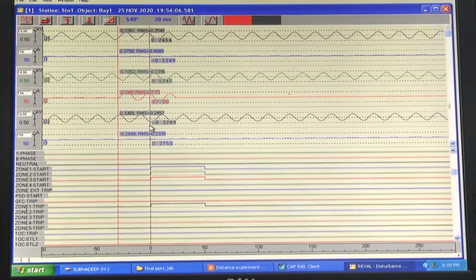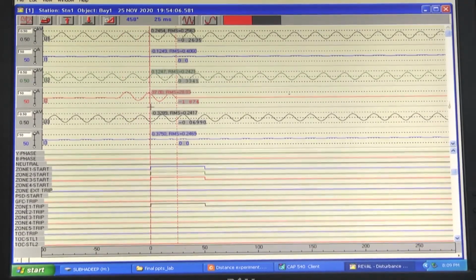So, in 30 millisecond the relay trips. This is a 50 hertz system, so this trip time becomes exactly 1.5 cycle. Now, after this, if we take the marker position to where the fault is being cleared by the circuit breaker, the total time from the fault inception to the fault clearing by the circuit breaker happens to be 55 millisecond, because the current becomes 0 here. If we take the marker to this point, the breaker opening time becomes 25 millisecond.